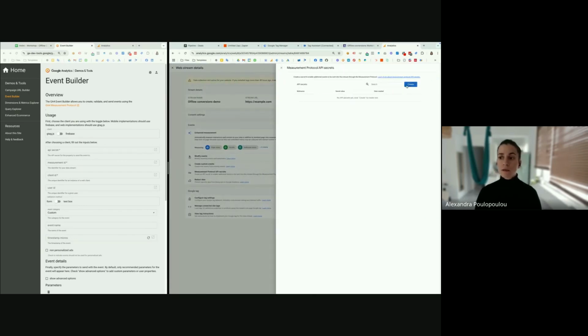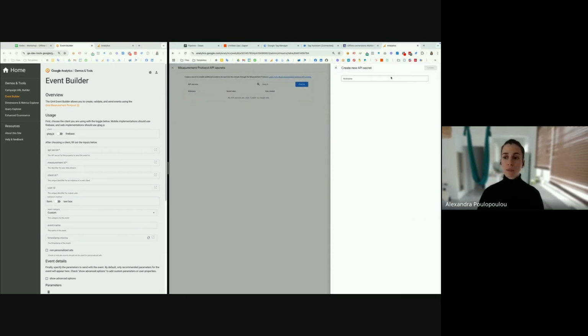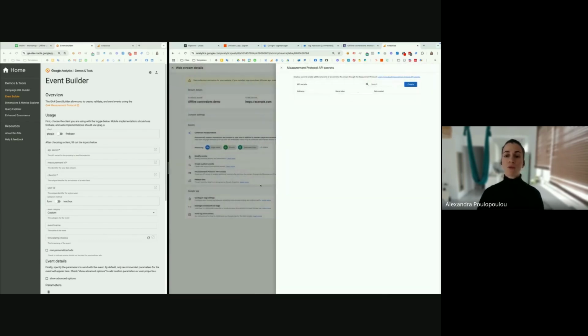When you click it, you can go to create, give it a name, and create your API secret. You will see that we have the secret value here. Click to copy and paste it here.